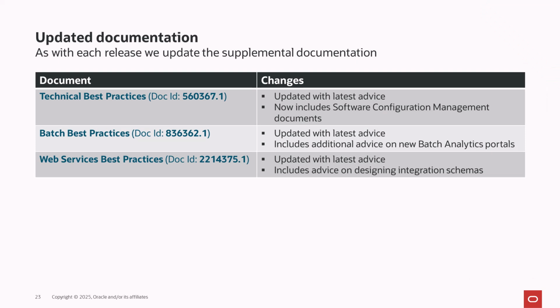Finally, as with all releases, we update the supplementary documentation for the latest release and add information to the documents. These documents are available from Oracle support at the documentation identifier shown. While the information is always updated for the latest releases, we also are consolidating our supplementary documentation into these documents. In this release, for example, the software configuration management configuration guides, which cover version control, release management, environment management, patching, upgrades, and other extension management advice, are now included in the